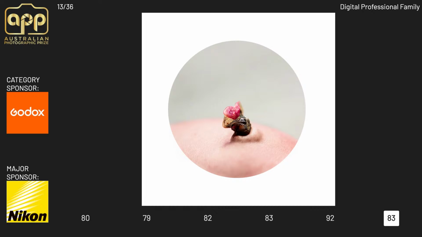You know how I know if an image is good? Because my heart rate lifts. And the mother in me loves this image so much because that is what connected the mother and the child. This is the umbilical cord, right? But that little red bit is kind of like the shape of a heart, like a real live human heart. And that was where the connection was.